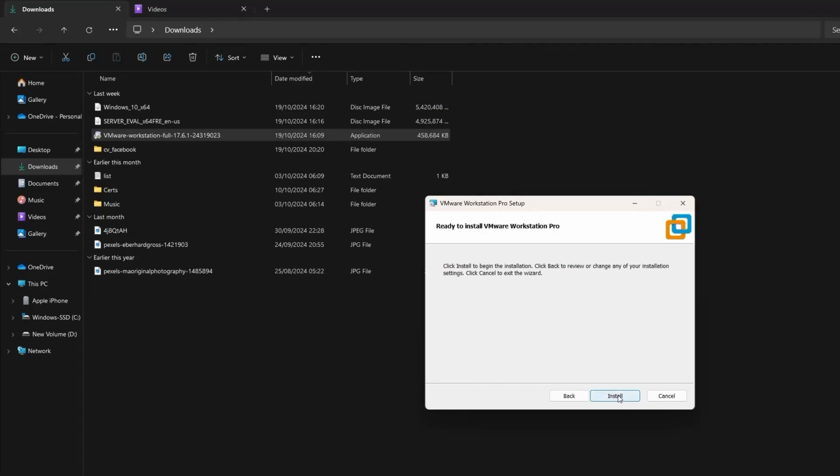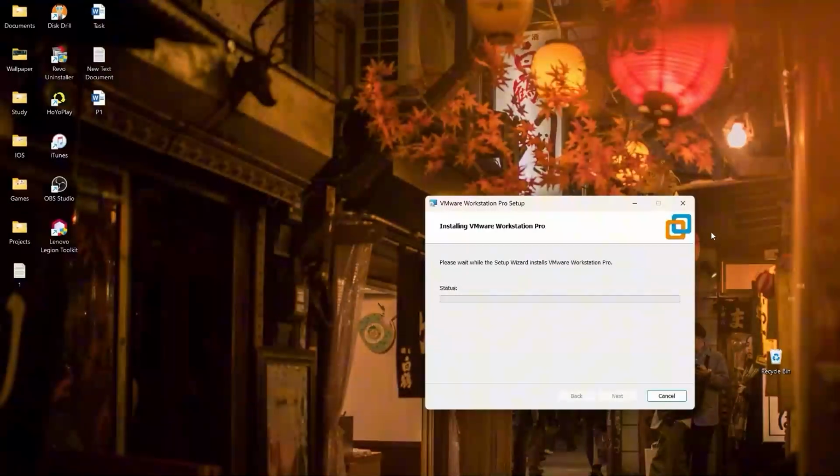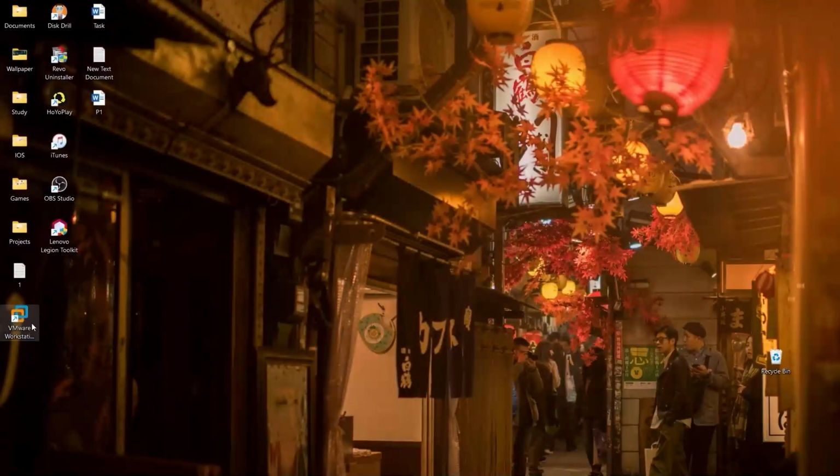Click next, install. Okay, now that it has finished installing, click Finish, run your VMware Workstation Pro,